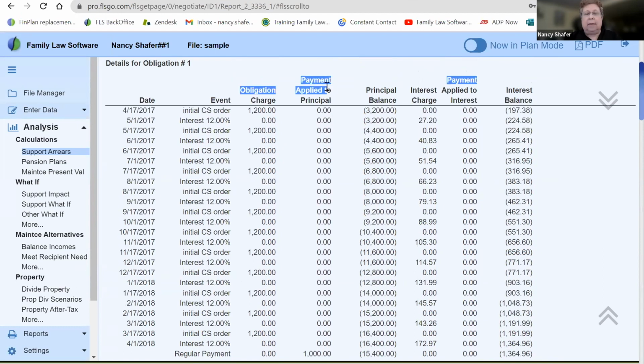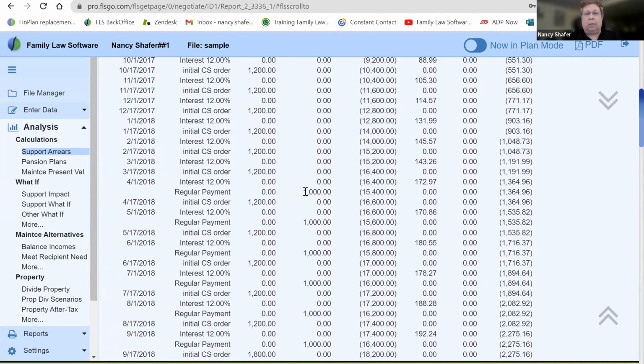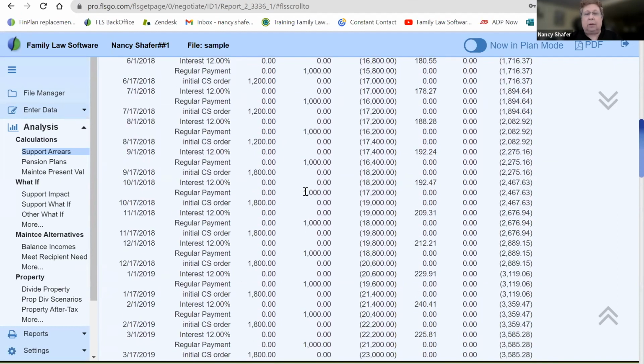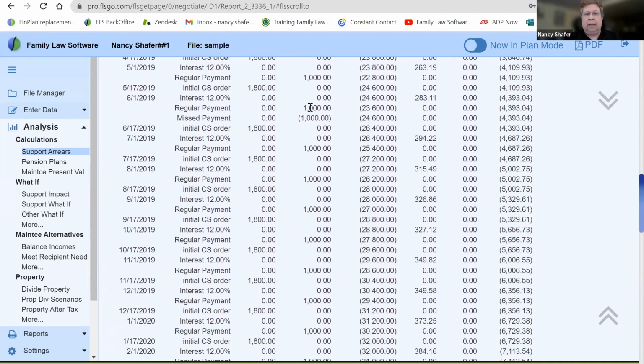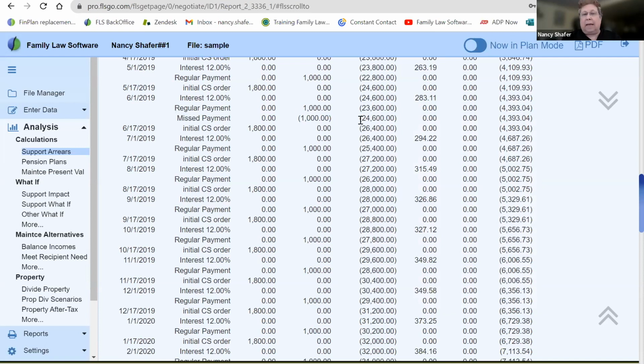So this column here is the payments. And if I scroll down this column, there were none. And then there were a bunch of $1,000 payments. Okay. And here we have that missed payment. So on the same date, we added $1,000 of payment, but took it away. So it shows us essentially no payment, and the balance continues to be the same,